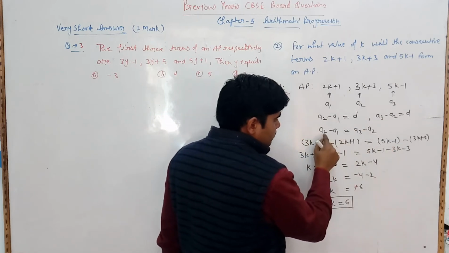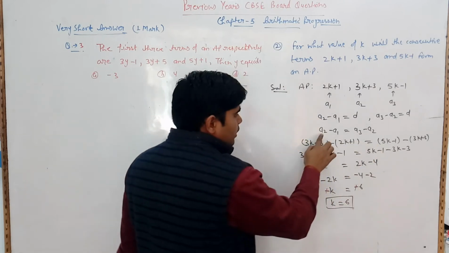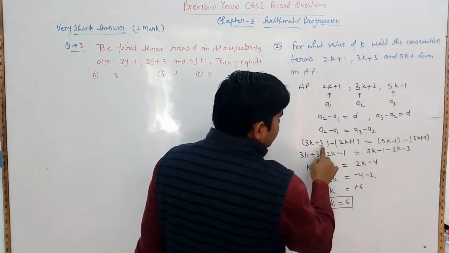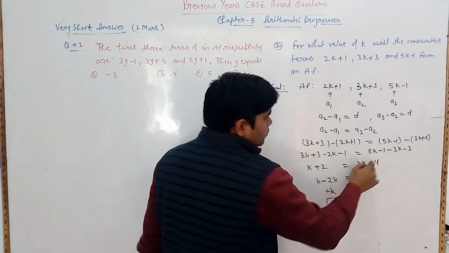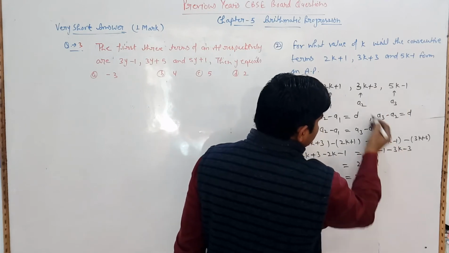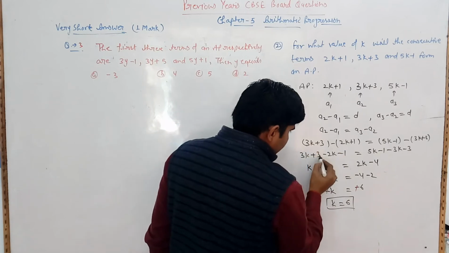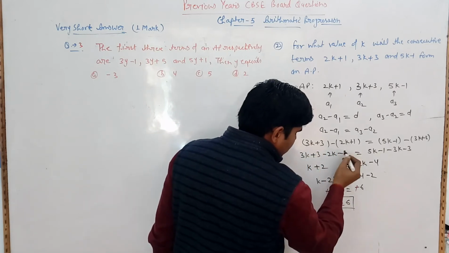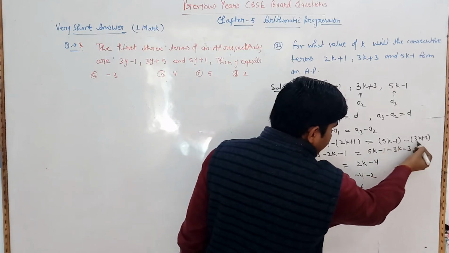So compare both of them. A2 minus A1 is equal to A3 minus A2. Putting the values, A2 is 3k plus 3 minus A1, which is 2k plus 1, is equal to A3, which is 5k minus 1, minus A2, which is 3k plus 3. Solve this, open the bracket. 3k plus 3 minus 2k minus 1 is equal to 5k minus 1 minus 3k